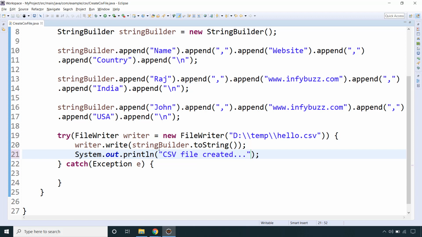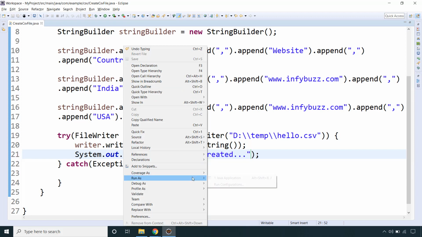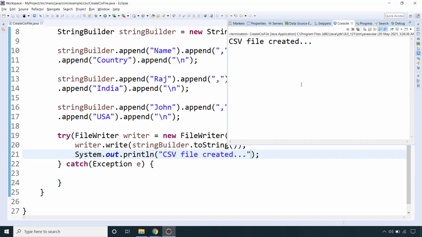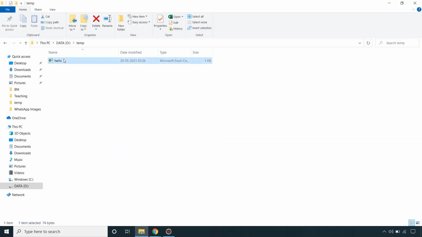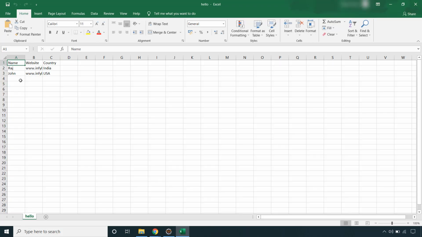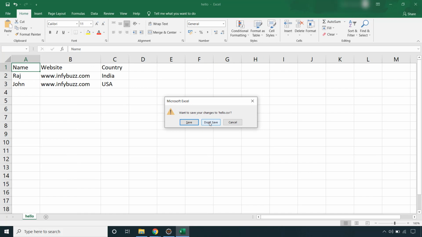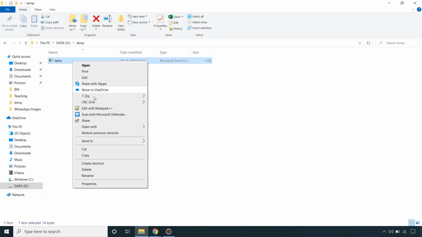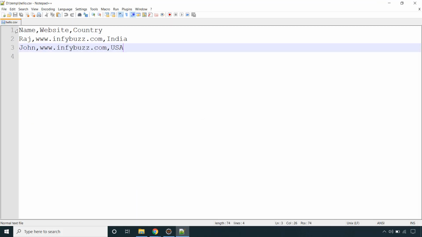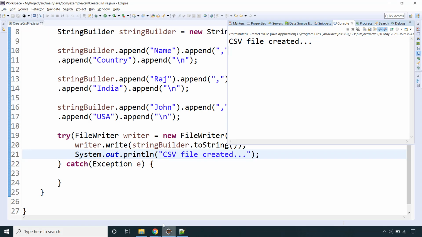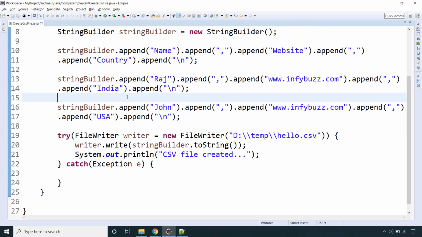That's it. Now let's run our Java application. CSV file created. Okay, let's go to our location and here we go. This is our CSV file. You can open it in any text editor, say Notepad or Notepad++. See, so this is how you can create a CSV file using your Java application.